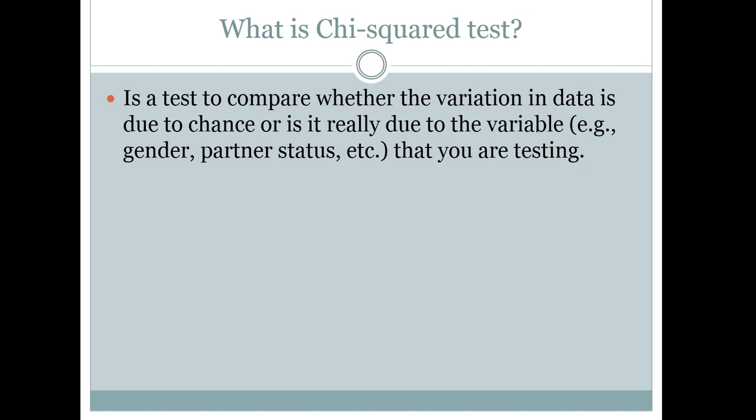This is a test developed to compare whether the variation in the data is due to chance or is it really due to the variable. For example, if you are interested in knowing whether the gender variable in your study